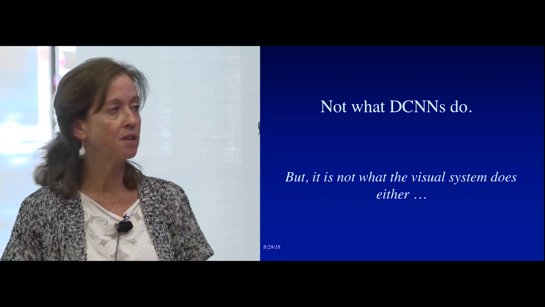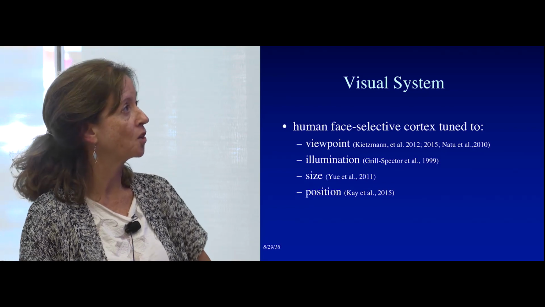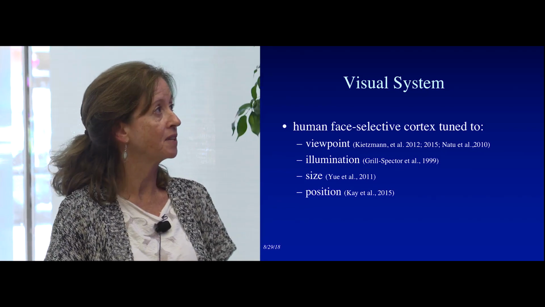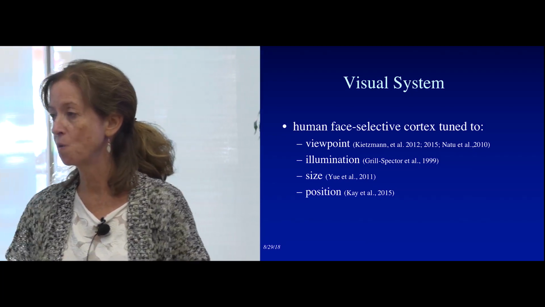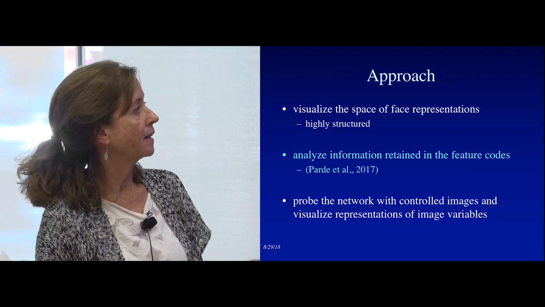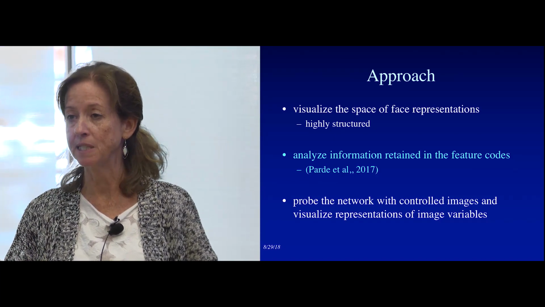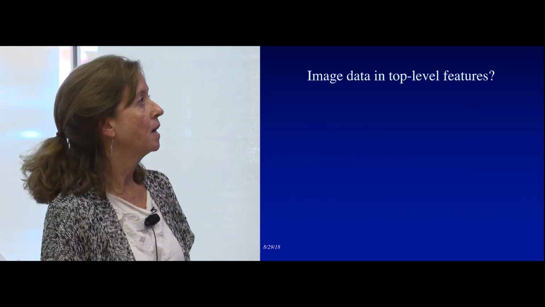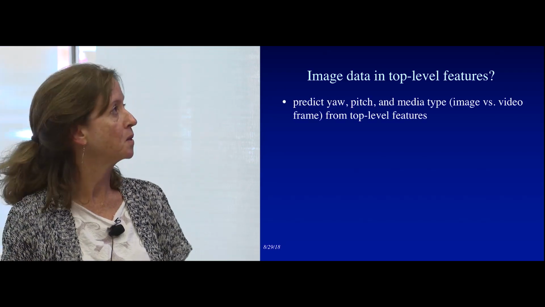And we've seen lots of neuroscience data this morning, and there's lots and lots more, but from the fMRI literature, certainly we find human face selective cortex tuned for things like viewpoint, illumination, size, and position. Okay, so case in point, we can say this space has not deep sixed the image data, but nor has the visual system. Okay, so image data in the top level features, we wanted to put this along a little bit firmer ground,